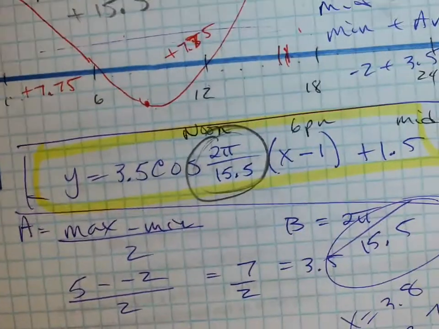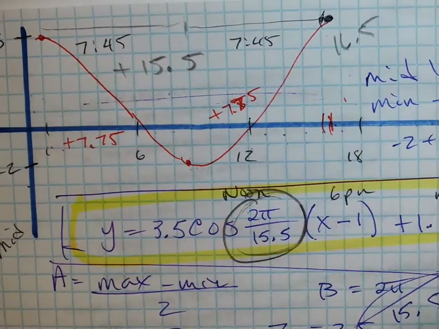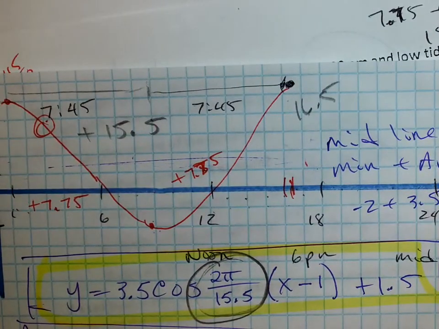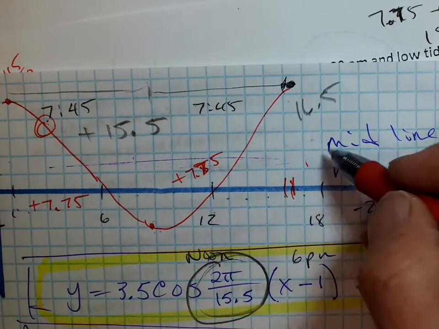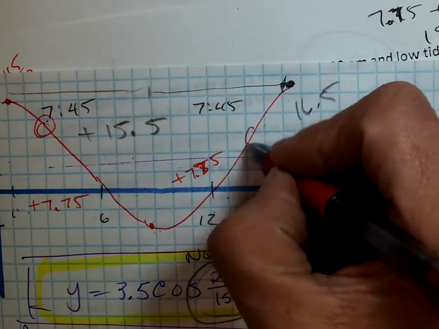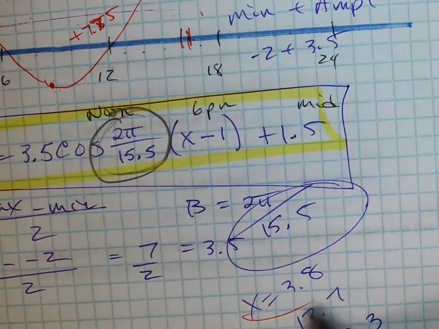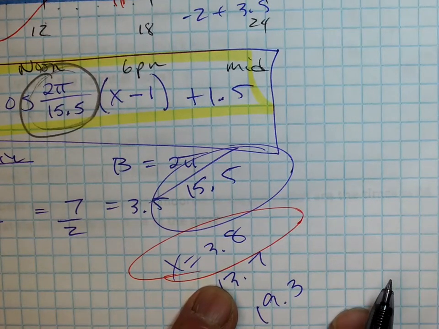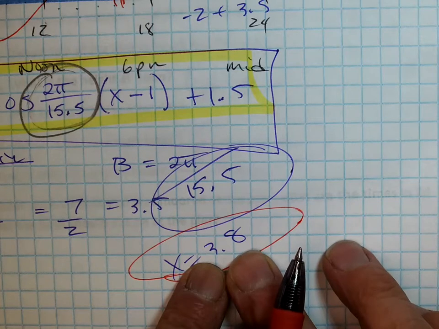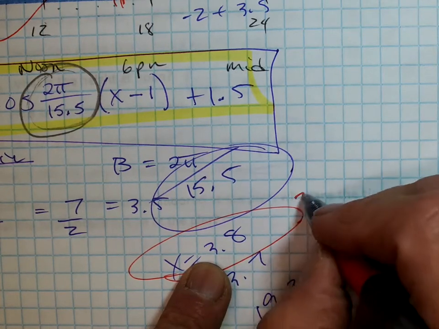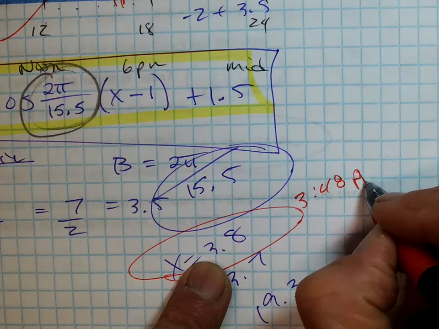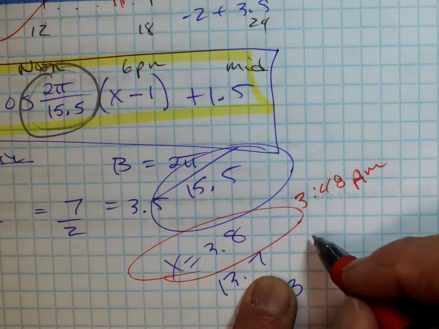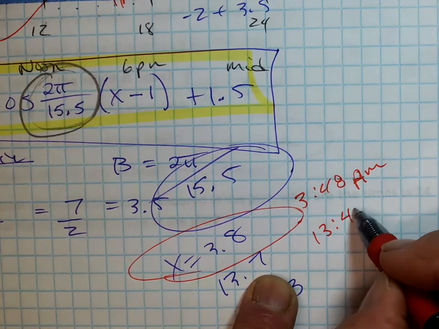Okay, so right about 3.8, right about here. Right about here, 13.7. And another one here. So what is that in terms of time? Okay, now I've lost you for the most part, but hold on. So 0.8 times 60 is 48, right? So at 3:48 a.m., get your boat out of the water. 0.7 times 60 is 42. So at 13:42 p.m.,